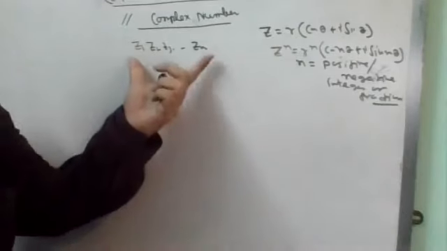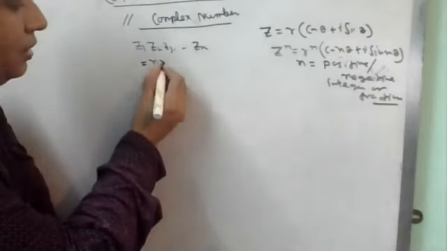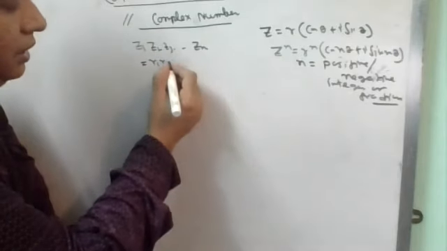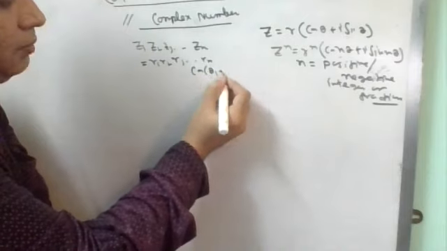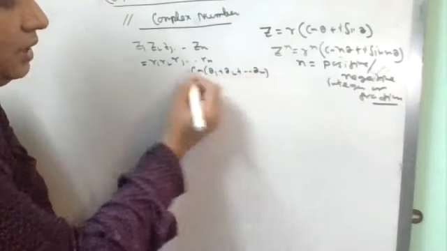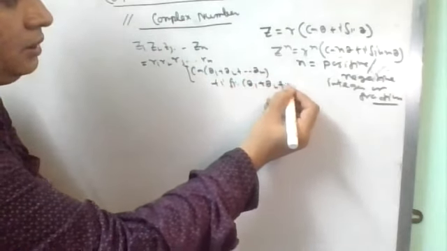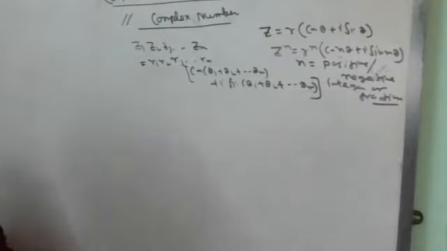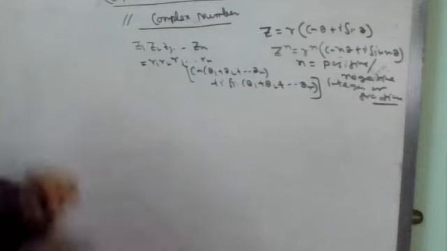We have got this result also. Suppose n points are given in polar form, and if you multiply, then that will give you r1 r2 r3 up to rn, times cos of (θ1 + θ2 + ... + θn) plus i sin of (θ1 + θ2 + ... + θn). So let us bring one example which involves both.